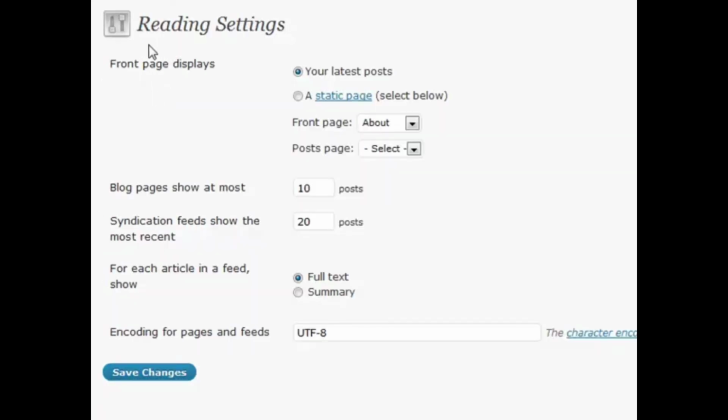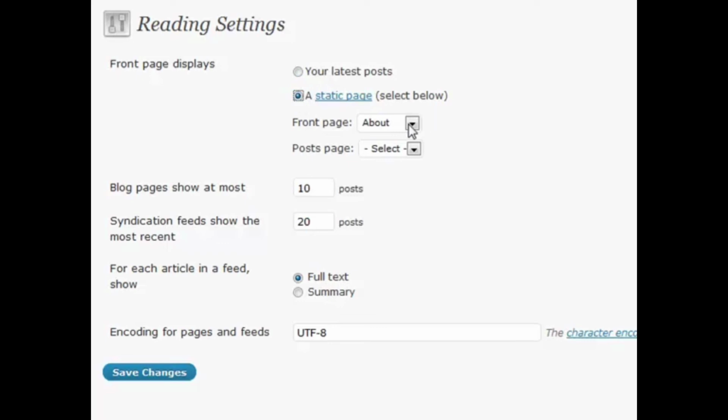All right, reading settings. There's a couple of different options here for not only reading your blog, but also feed reading with RSS and syndication. So for the most part, most people want to be able to show the latest posts on the home page of their blogs. But for some smaller blogs or some people that maybe want to show the same information to everyone who first enters the site, maybe want to display a static page, and that's a single page of your